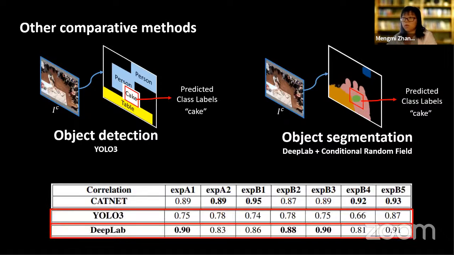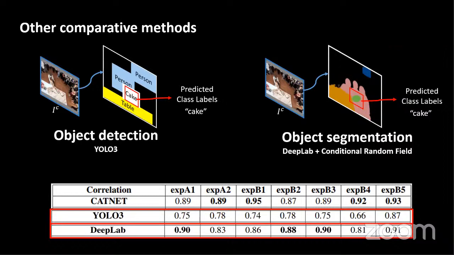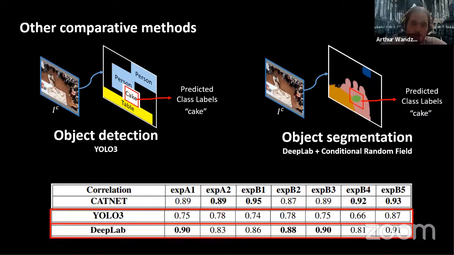In terms of the correlation values, both models perform almost as well as CRTNet. In terms of the absolute recognition accuracy, which I did not show here, these models show slightly inferior performance compared with CRTNet, especially on small objects. One of the reasons is that they fail to efficiently incorporate contextual information, which turns out to be very helpful